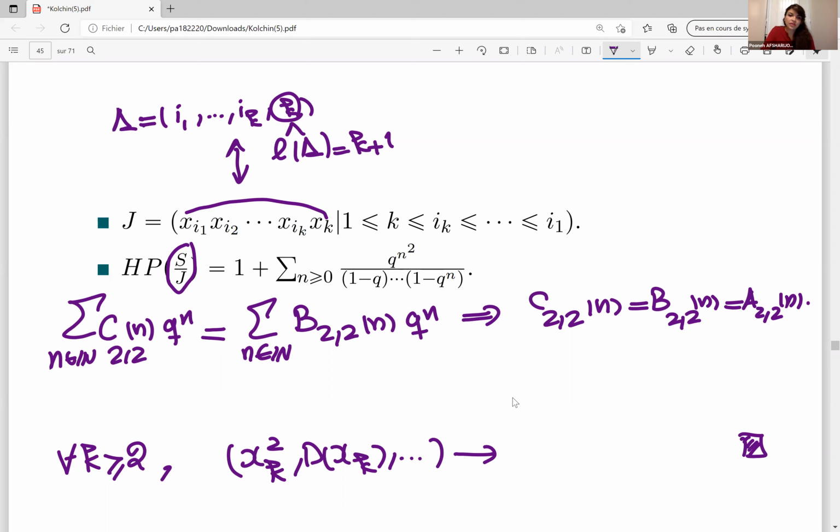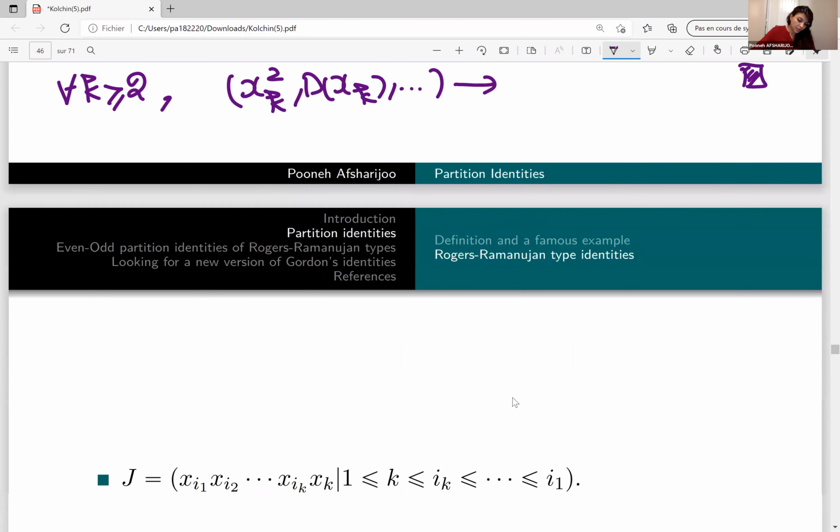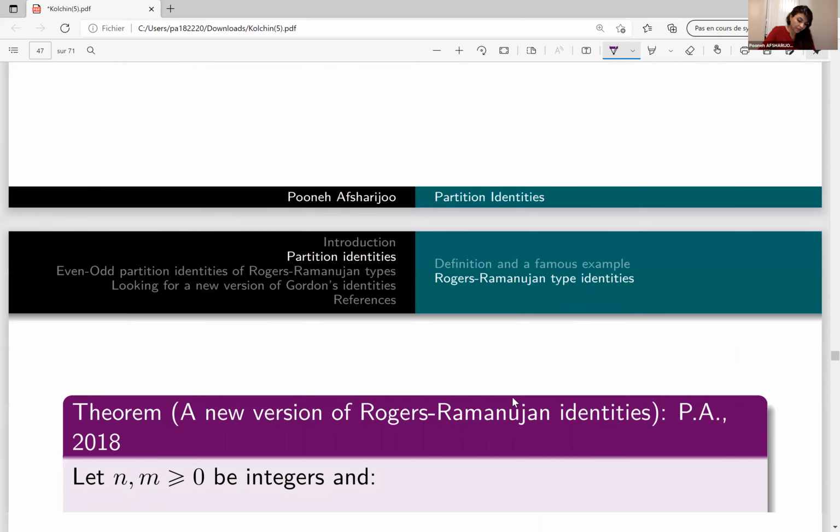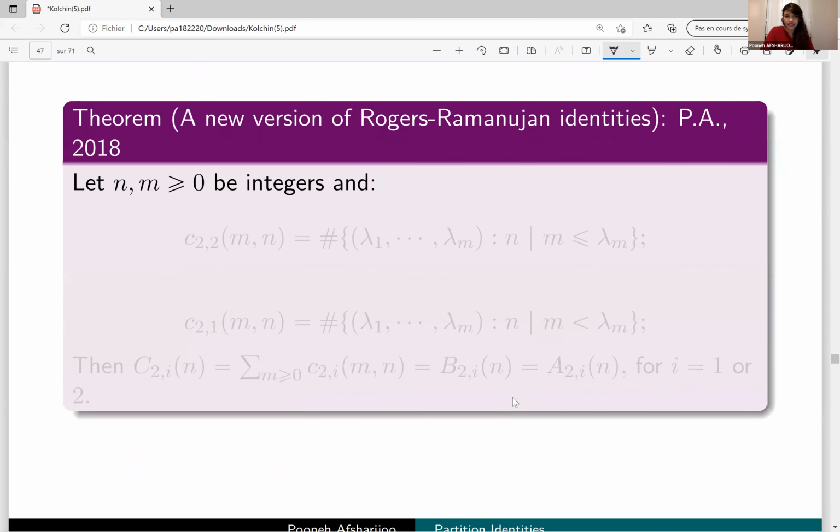Note that in this theorem, we started with an important object of algebraic geometry, which was arc spaces, and then we used the commutative algebraic tools, the Hilbert-Poincaré series, to find a combinatorial result, which is an identity between partitions. After this theorem, I proved another theorem which proves the case k equal to 1,